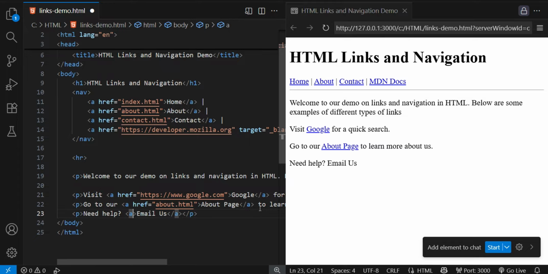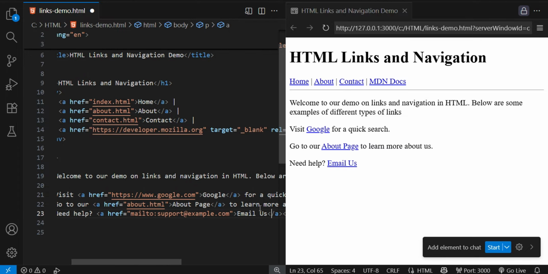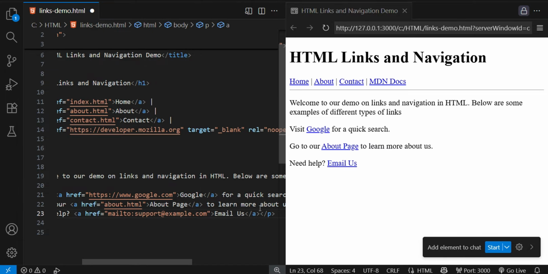Let's add the href using mailto, support at example.com. Then let's continue. Need help? Email us, or